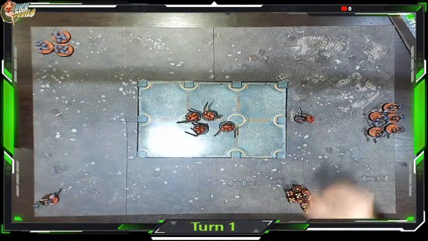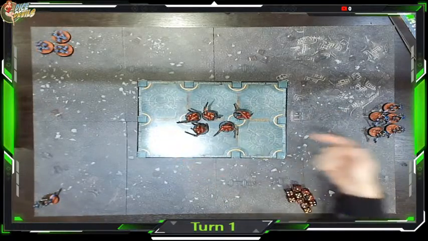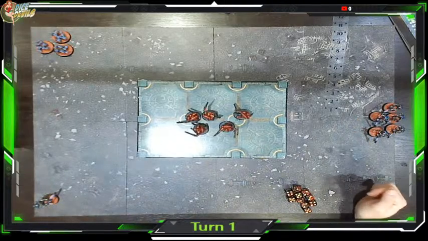Does that make sense? So as the Necron player, you can move up and attack me, or you can just shoot. We can see each other from everywhere on the board. And in this mission, the Space Marines automatically...